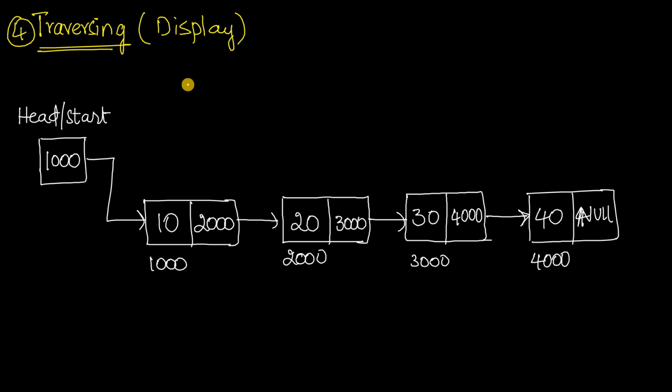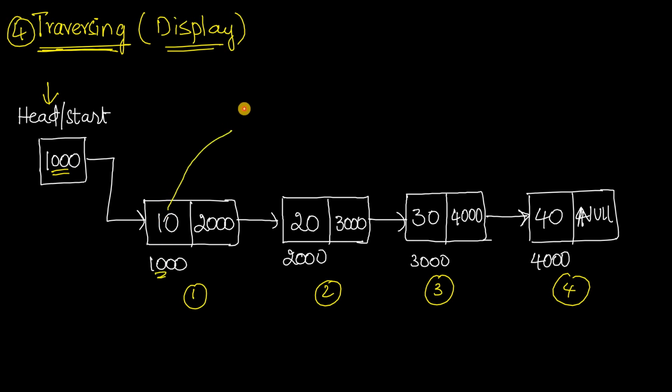Now come to the last operation, that is traversing or displaying the elements in the list. At present you have 4 nodes, right? 1, 2, 3 and 4 nodes. So from the first element we have to keep on printing all the elements till the last node. First of all, go to the head, and what address does it contain? It contains 1000. So come to 1000 and print this number first, that is 10, and go to